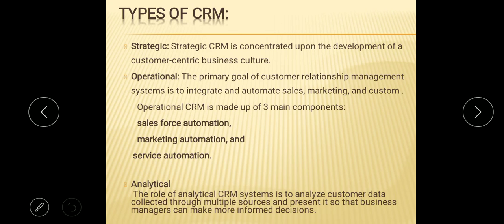The primary goal of customer relationship management systems is to integrate and automate sales, marketing, and customer support. Therefore, these systems typically have a dashboard that gives an overall view of the three functions on a single customer view, a single page for each customer that a company may have. The dashboard may provide client information, past sales, previous marketing efforts, and more. Summarizing all of the relationships between the customer and the firm.